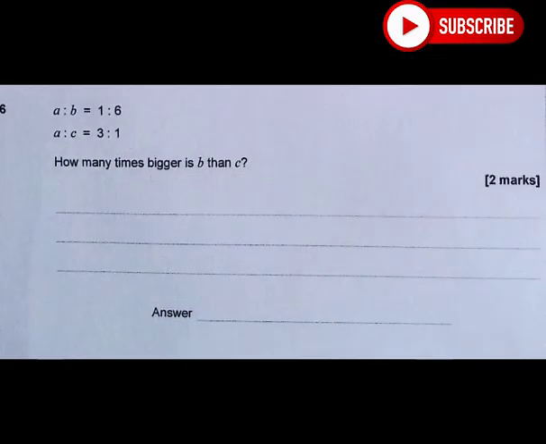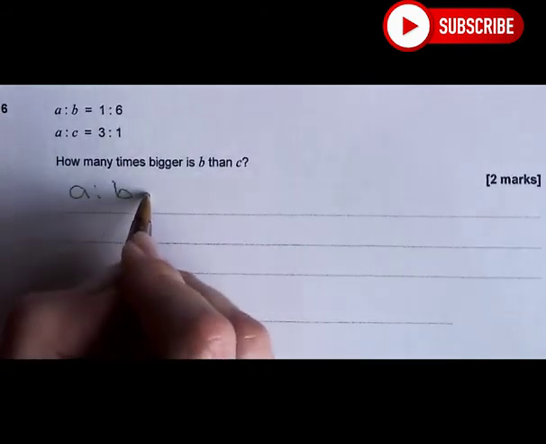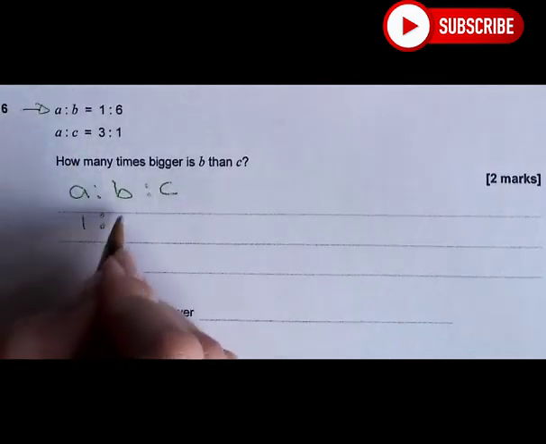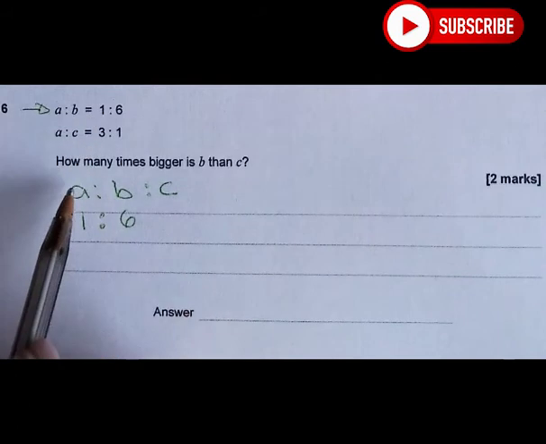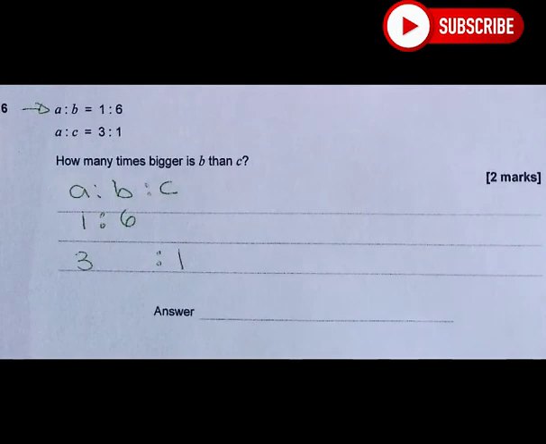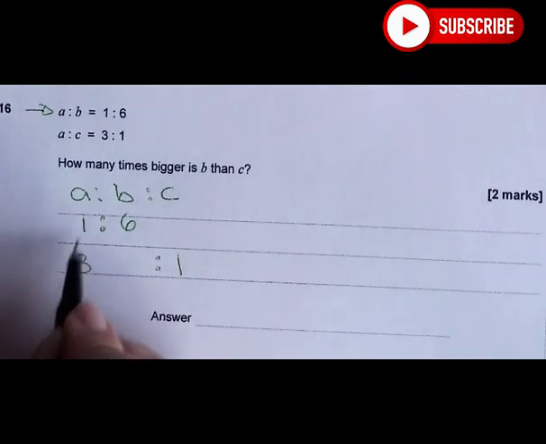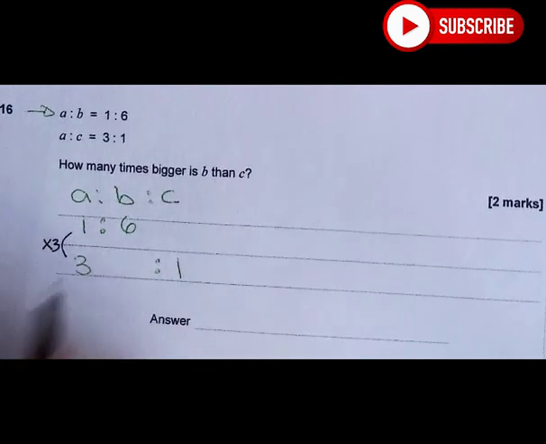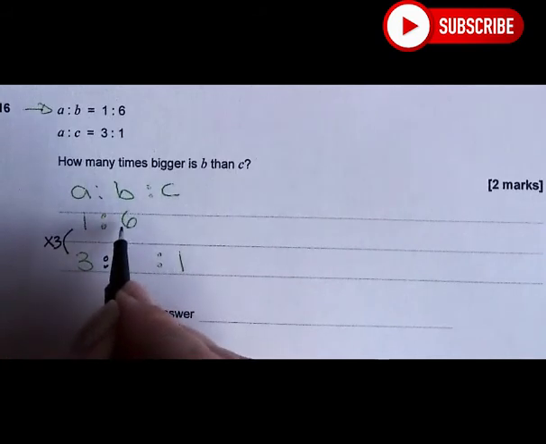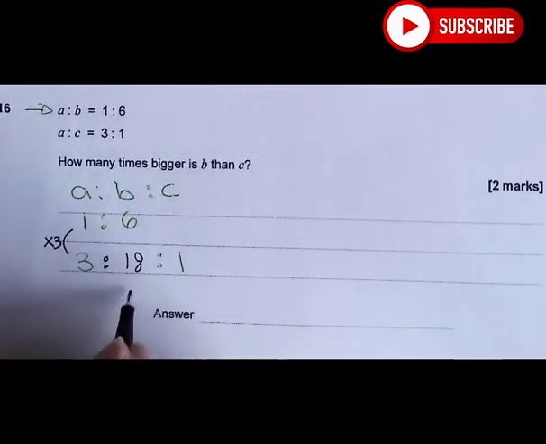A to B equals 1 to 6, A to C equals 3 to 1. How many times bigger is B than C? To be able to do that, I will need to write A to B to C. In the first line, they said A to B equals 1 to 6, so this is 1 to 6. And in the second line, A to C equals 3 to 1, so this is 3 for A and 1 for C. Now when we check the question, A was 1, it became 3, so we need to multiply by 3 to get this, which means we need to multiply the B by 3 as well. B, 3 times 6 equals 18, so B to C is 18 to 1,